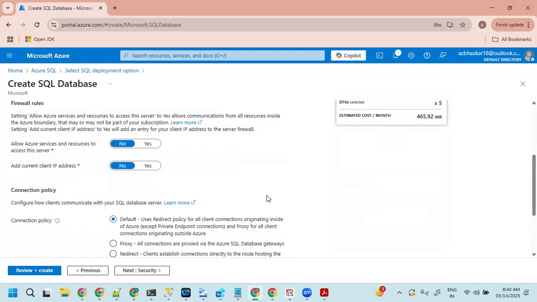Then only can the data factory read the data from the SQL server or write the data into the SQL server. For that, we are saying allow Azure services and resources to access this server.